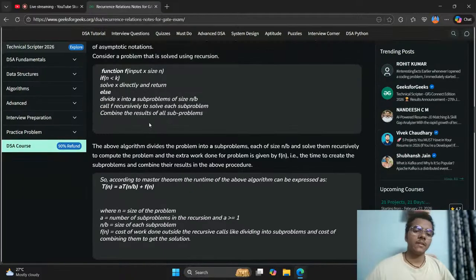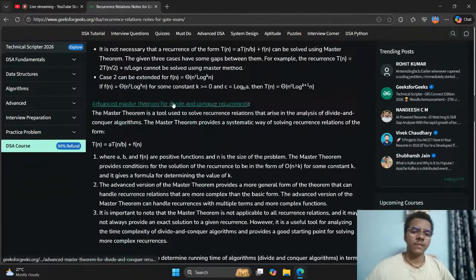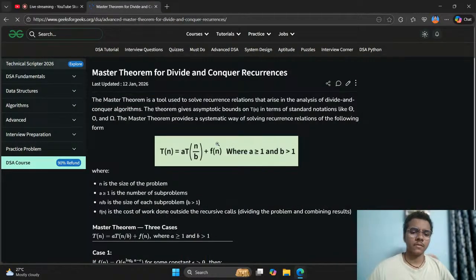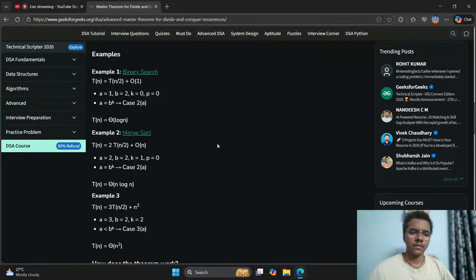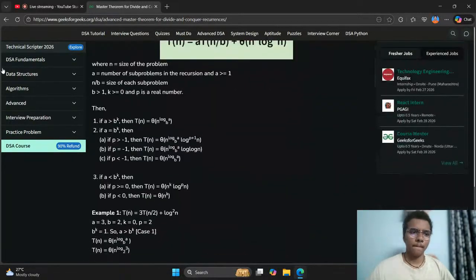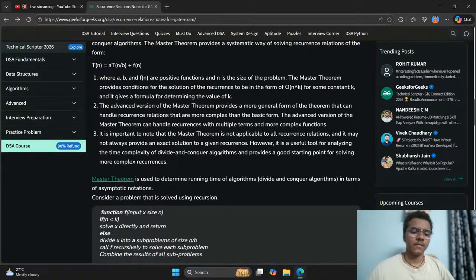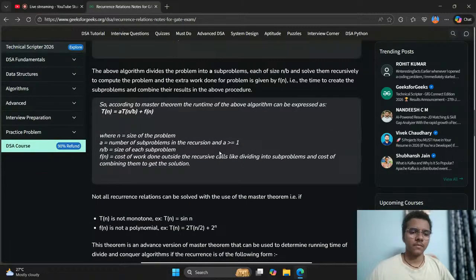Oh wait, the formula for the advanced master theorem was not given, right? So this is the advanced. Okay, this is the advanced master theorem, I guess. Anyways,